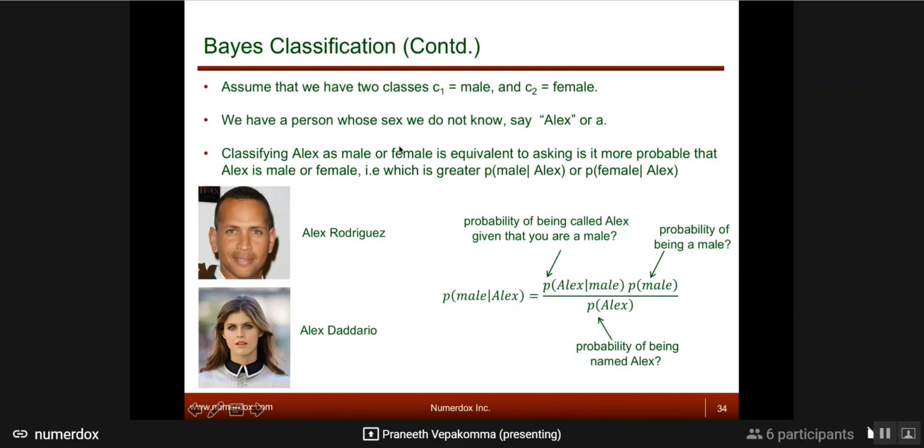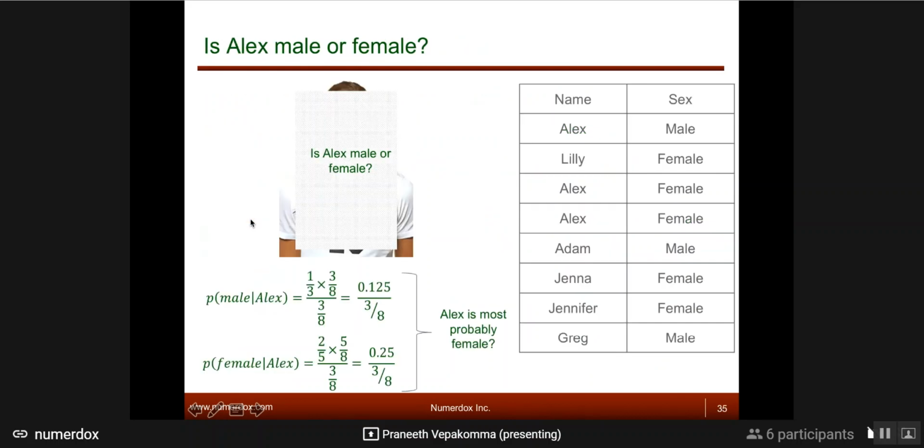So let me give you a nice example, right? Say there's a computer vision algorithm you're developing that uses naive Bayes to classify the gender of any image that you give the algorithm. So the computer looks at the images of the people and wants to correctly classify that this is male and this is female. So your class is male or female, just like spam or no spam in email, right? And instead of image, let's make it easier, if you're only looking at the name to start with.